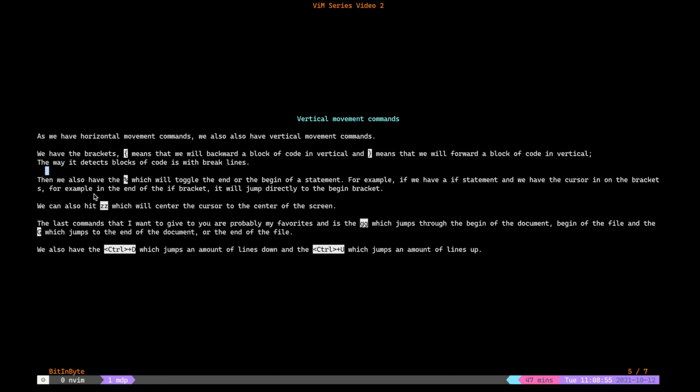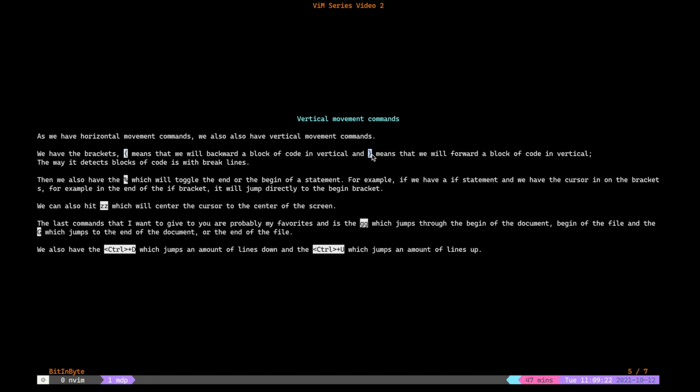Then we also have the percentage sign, which will toggle to the end or the beginning of a statement. So for example, right here, we have 2 brackets. Imagine that before this bracket, it's an if statement, and you have the cursor on this bracket, okay? If you execute the percent sign, it will go directly to this bracket.